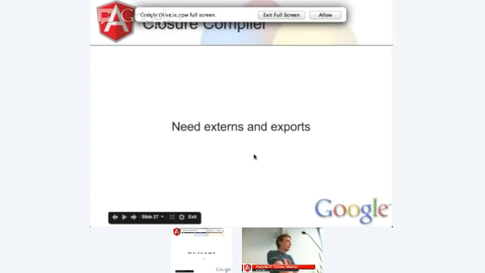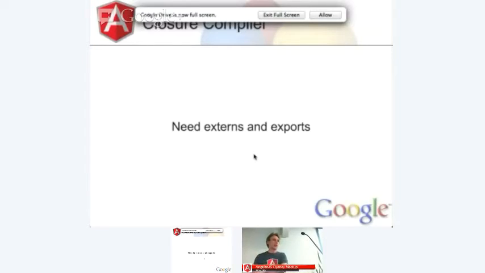The compiler minifies JS. It's a compiler in the sense that it takes JS as input and gives you JS as output. In order to figure out how to turn large JS, strip out the white space, rename variables and all of these things, and turn it into small JS, it needs to know a bit about what's going on.